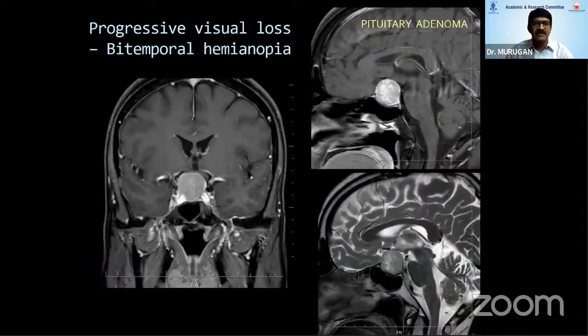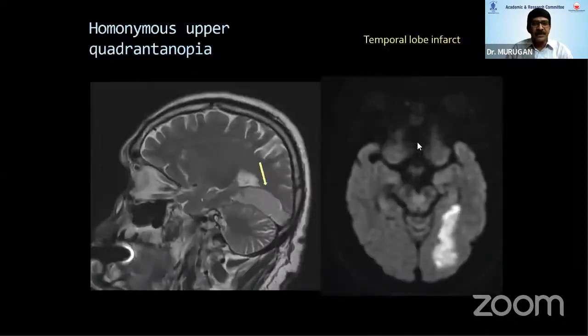Patient with progressive bilateral hemianopia, MRI is the choice, and it shows the pituitary adenoma. But in such cases, a neurosurgeon prefers also a CT scan, mainly to know the approach. For example, they would like to know the sphenoid sinus pneumatization because the approach is transnasal. So in addition to MRI, they also prefer to do a CT scan just to know the bony anatomy well. Coming to the quadrants, of course, this is a patient with temporal lobe infarct.